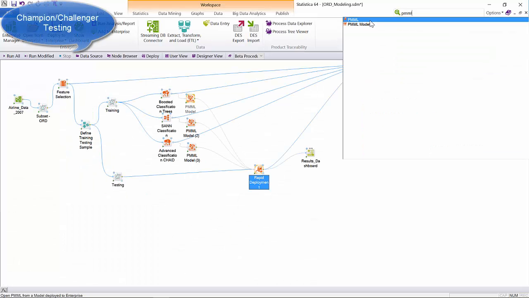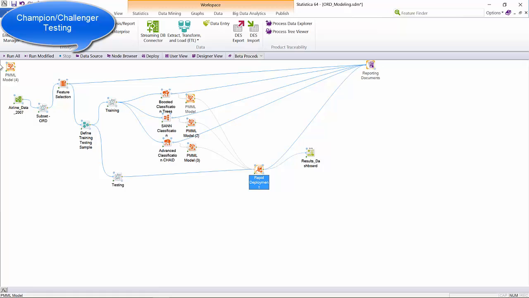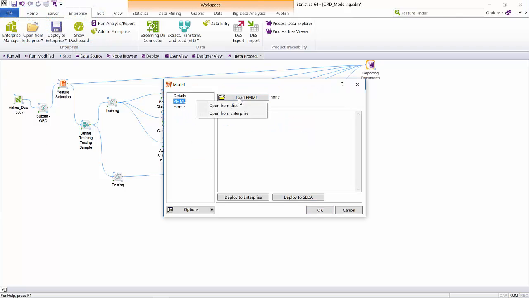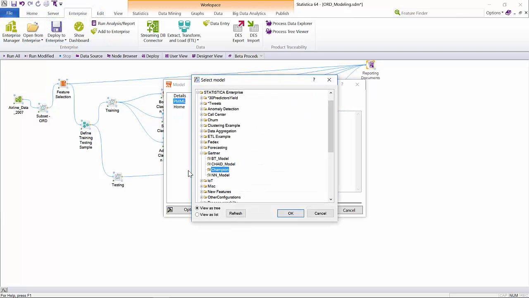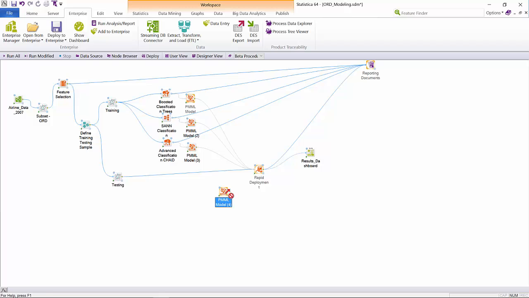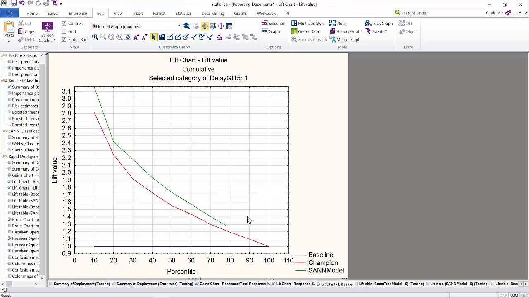In order to do that, we can now bring in the champion model and compare it against the existing neural network model. Here you can see that we can just go in and load the PMML from the centralized repository. And here we have the champion, which is currently in production. And we are now going to compare that against the neural network model that we just created. So here we can see that the neural network model that we just built actually does better than the champion